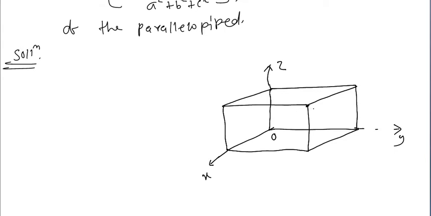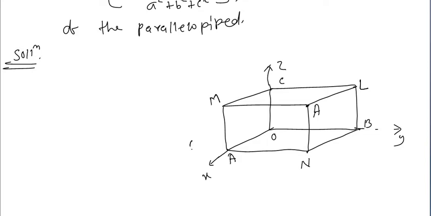Now name the points. This is A, and this is N. This is B. This is C. This is A. O. This is M. This is L. Given that the lengths of the edges of the parallelepiped are a, b and c,